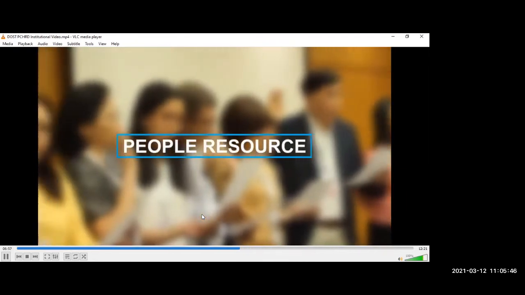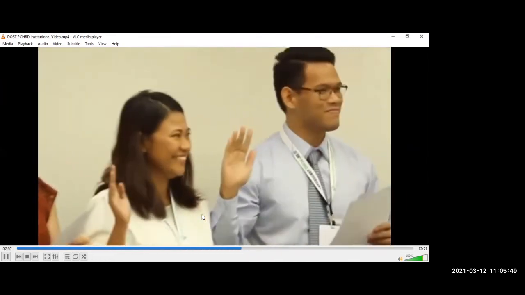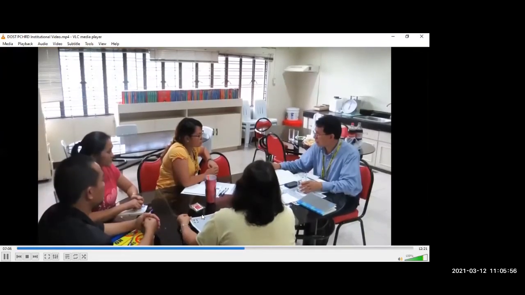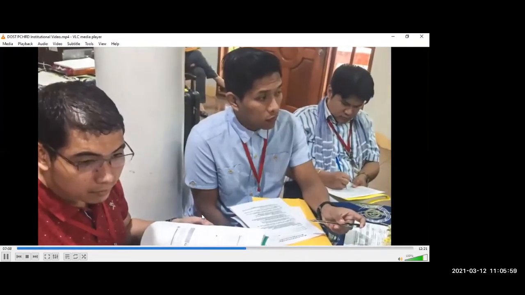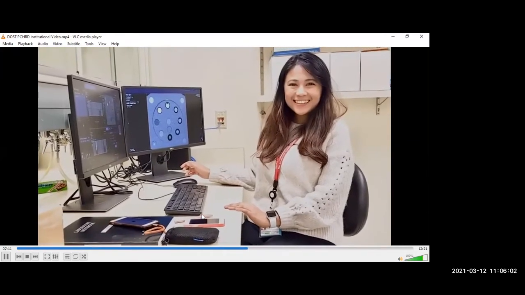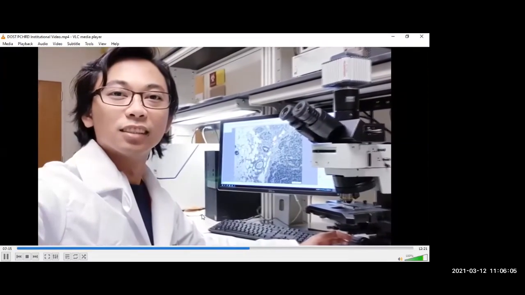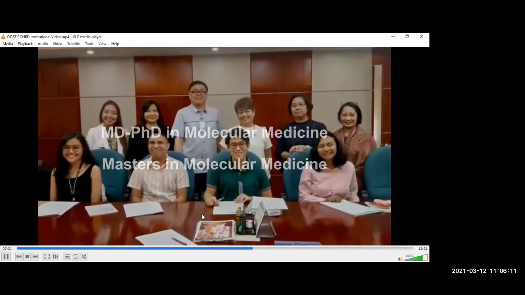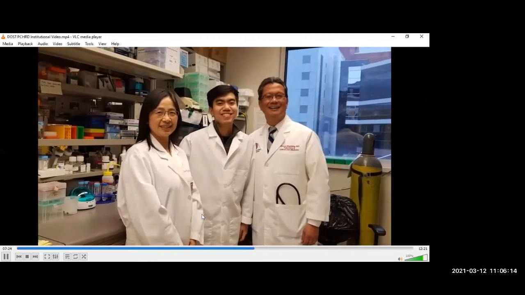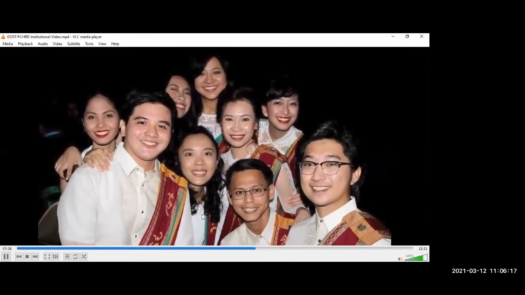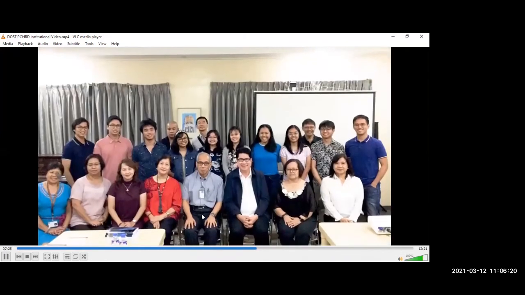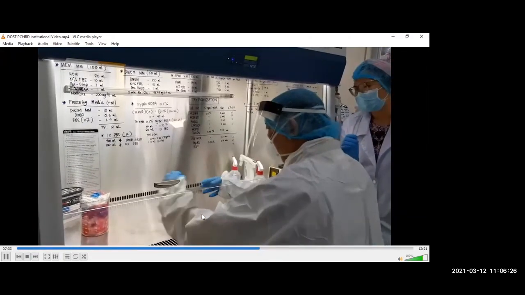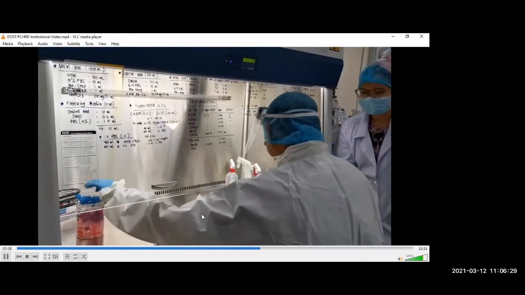To ensure that the country has a cadre of researchers who will undertake needed researches, the PCHRD provides scholarships, research fellowships, and other assistance for capacity building. The PCHRD is also developing a new crop of clinical researchers through our MD-PhD program and Masters in Molecular Medicine. The pioneering MD-PhD program is the only degree program in the Philippines that combines the features of MD and PhD courses in one, offering a unique opportunity for some of the best and aspiring young Filipino scientists to train for